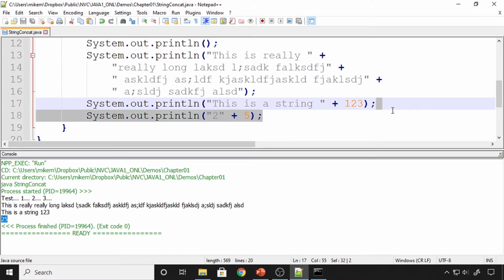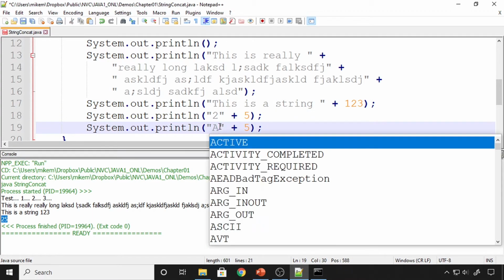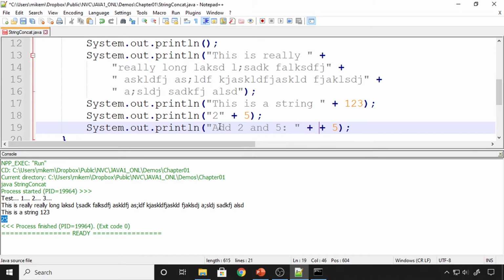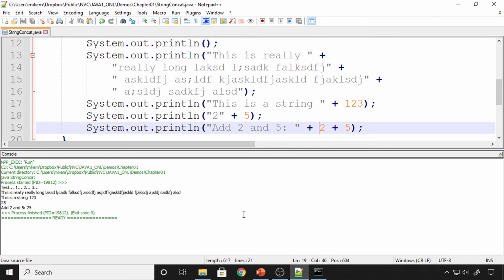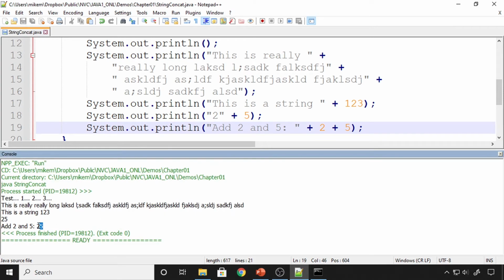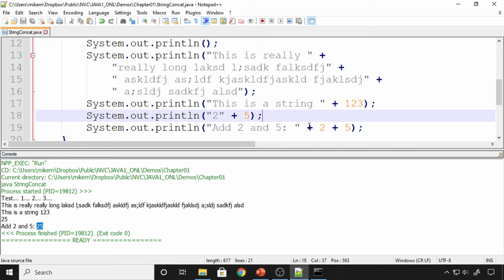Now if you actually wanted to add something, then you can put the 2 and the 5 inside of parentheses. Now let's see what happens if we don't put the parentheses. So I'm going to go ahead and save this, compile, and run. You can see the result is still 25. It's because